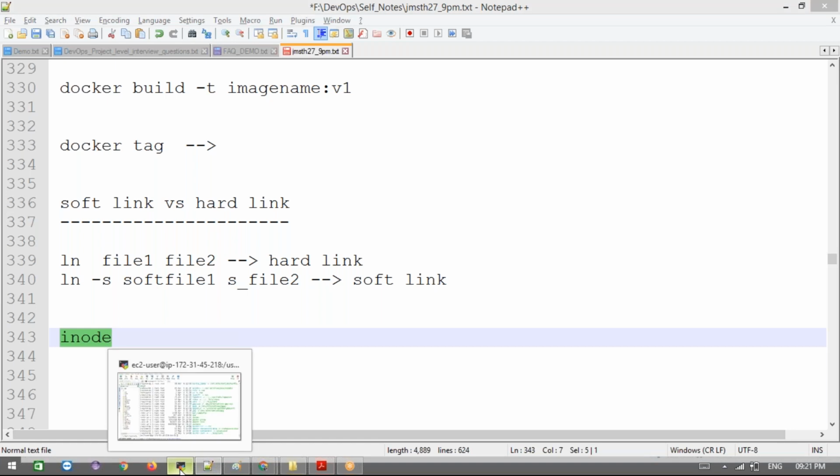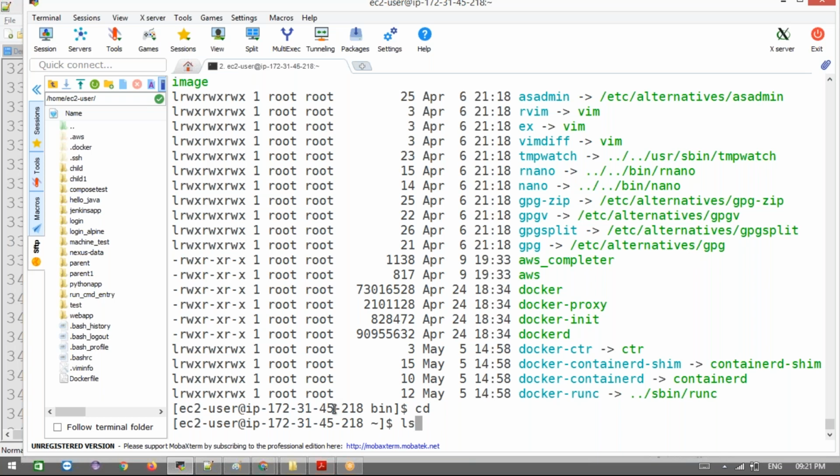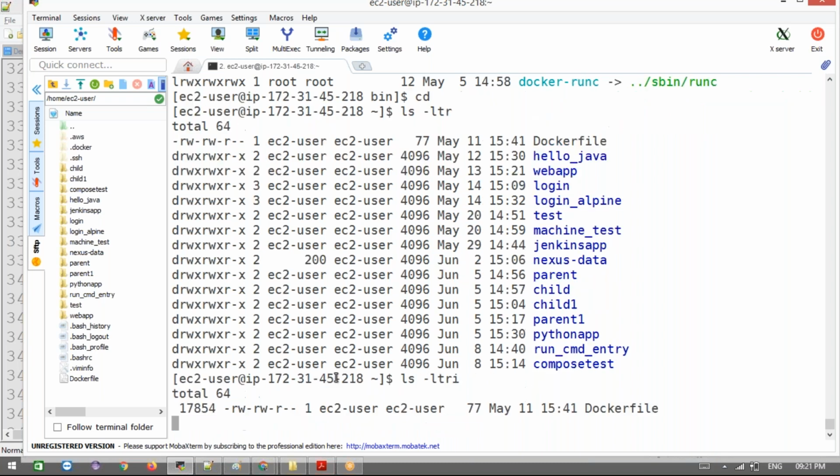Let me show you how that inode value looks. Now let's go to our path. See, there are a lot of files in this. This is for Docker examples. Now let's say ls -ltri. The i means it will give the inode value.